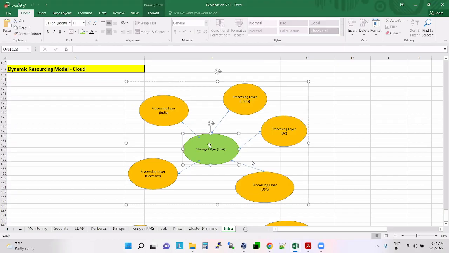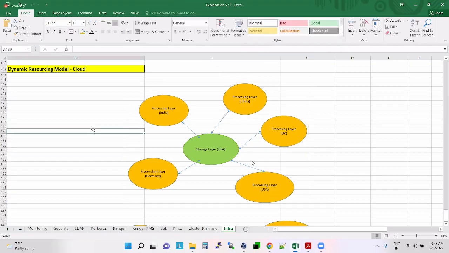Your storage will be fixed, and for processing, whenever you want more cores, you add more cores, more RAM. Whenever you don't want, reduce the cores and RAM. That is what it is telling. It is not a problem with Hadoop, it is the place where you install Hadoop. Is auto scaling a problem with Hadoop?